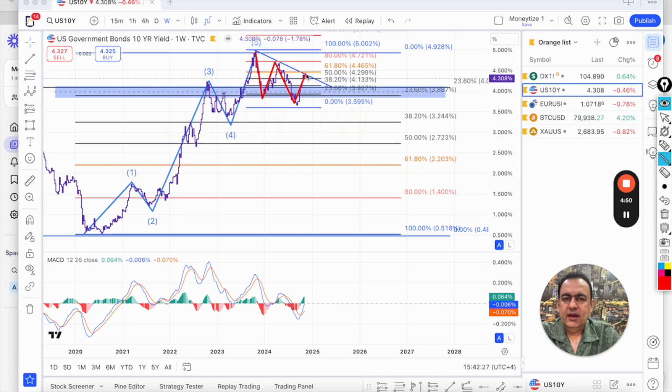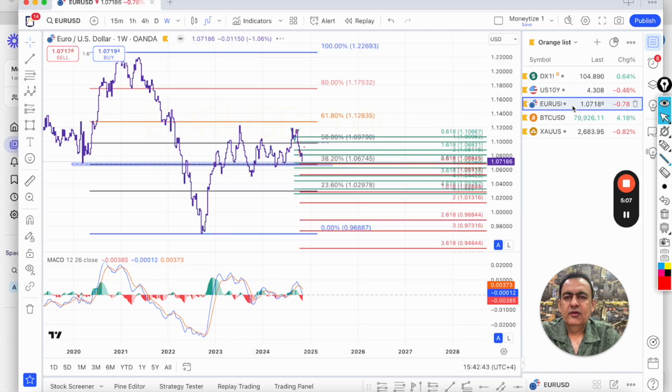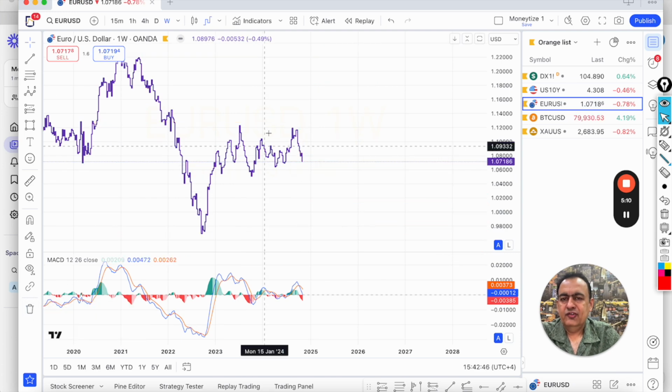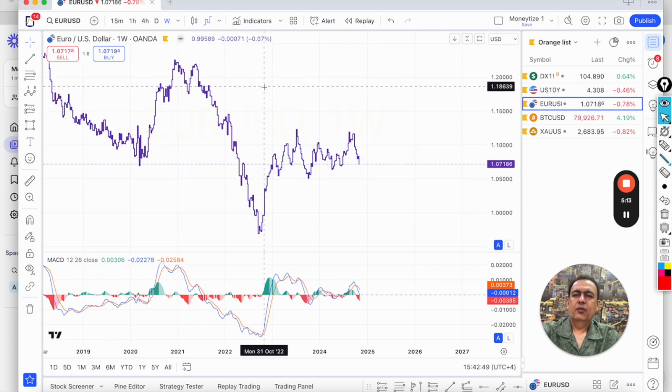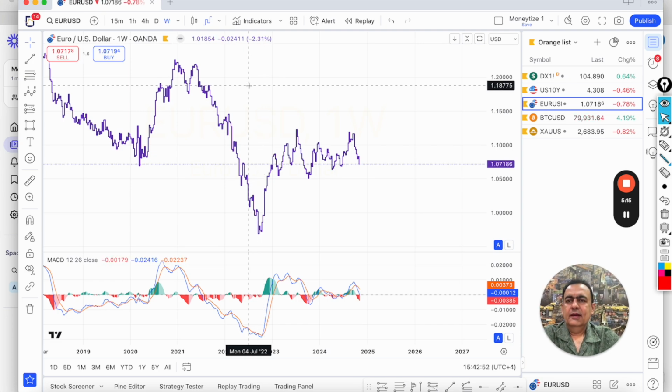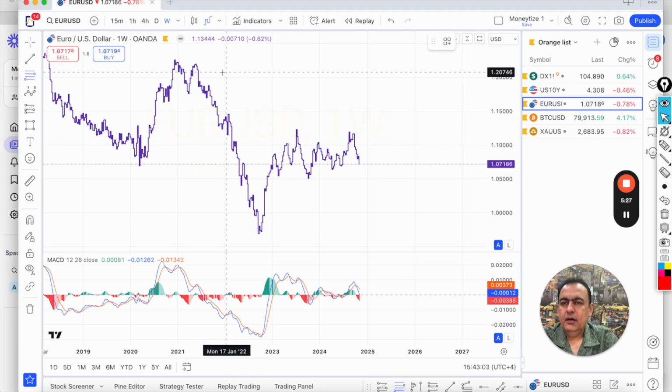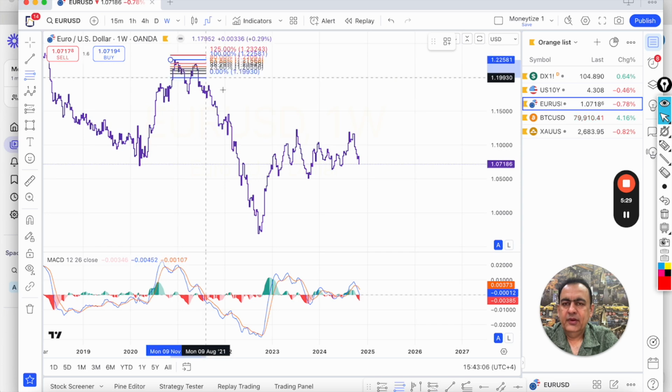So in the short run, we might expect that US10Y may come back to 23%. So this is the zone I'm talking about, and it's a very strong magnet zone, and it can break in the bullish direction. And if US dollar is going to remain strong, then EUR/USD will definitely be bearish here. So Euro is inversely proportionate to the US dollar index. Now here is the weekly chart for EUR/USD, and things are looking quite bearish at the moment. So what I've done here, I'll apply fib retracement from top to bottom on the previous bearish leg.